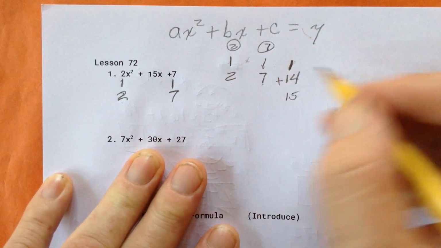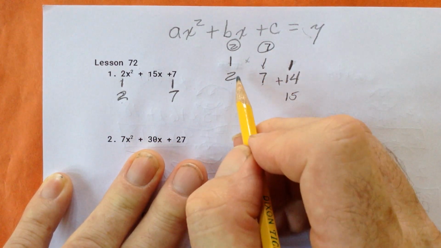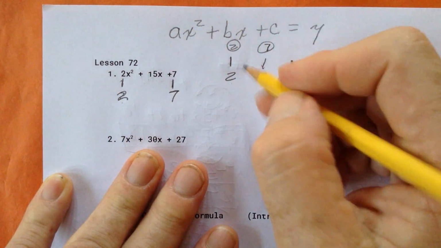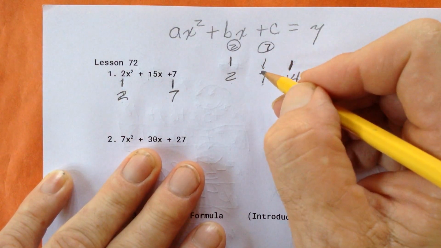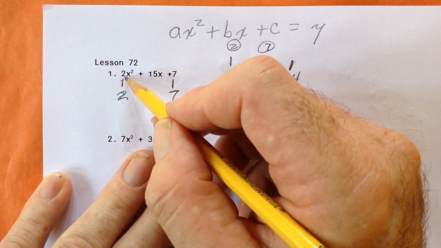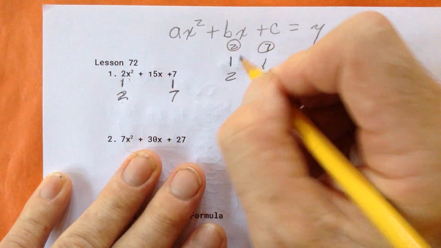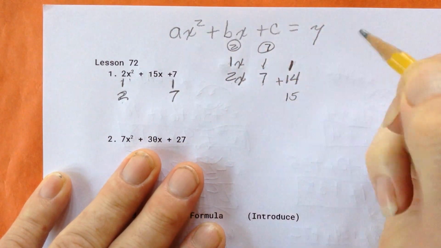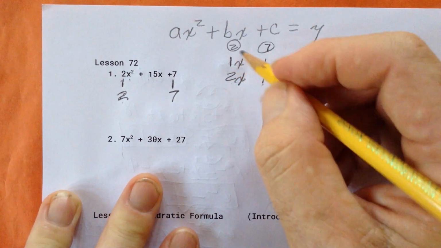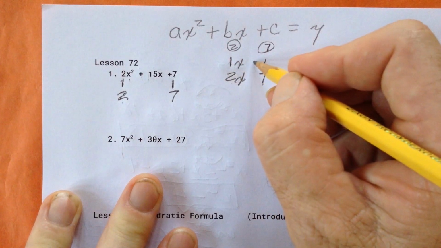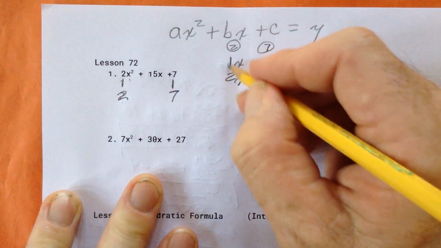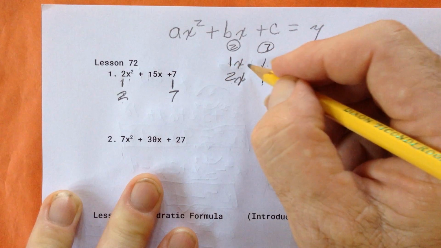So how would you write that as factored out? Well, here's another tricky part. And this is how I learned it. It's not really how they show it in the book. You might look at their explanation, but this is how I learned it. So you see here the factors of 2, 1 and 2, x. So here this is going to get the x here. But does the 1 pair up with the 1? This is where the mistake is usually made. People will usually go, well, it must be x plus 1 and 2x plus 7, which is incorrect. You have to partner up the x with the 1 diagonal